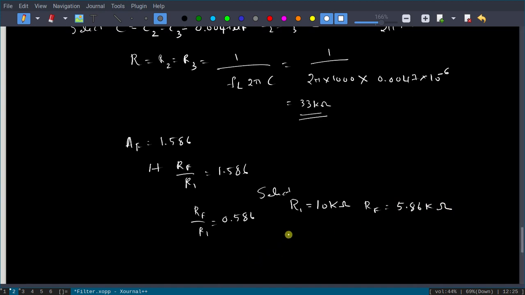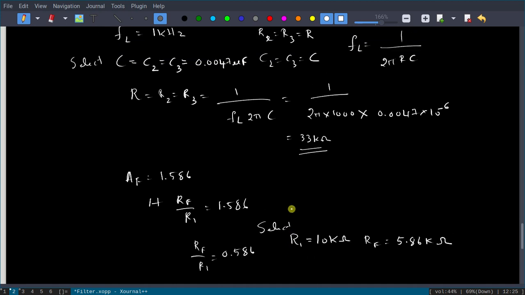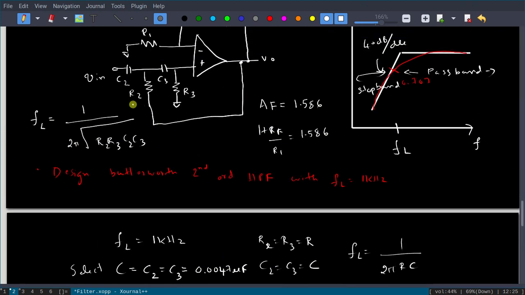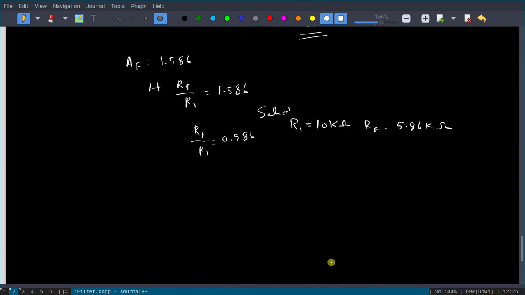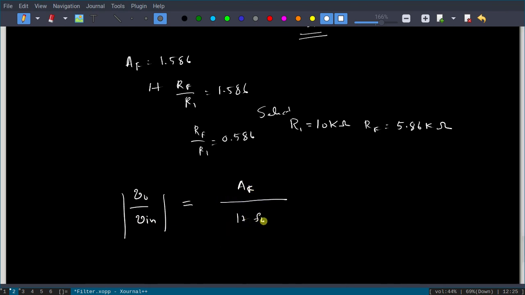This is what we designed, because in design we should know the values of C2, C3, R2, R3. We have taken C2 equal to C3 and R2 equal to R3. That value we have found, and R1 and RF also. If you want to plot the magnitude, you have to see here. Magnitude V0 by V in magnitude, that is not asked in the question, but I am just giving it, is nothing but AF divided by